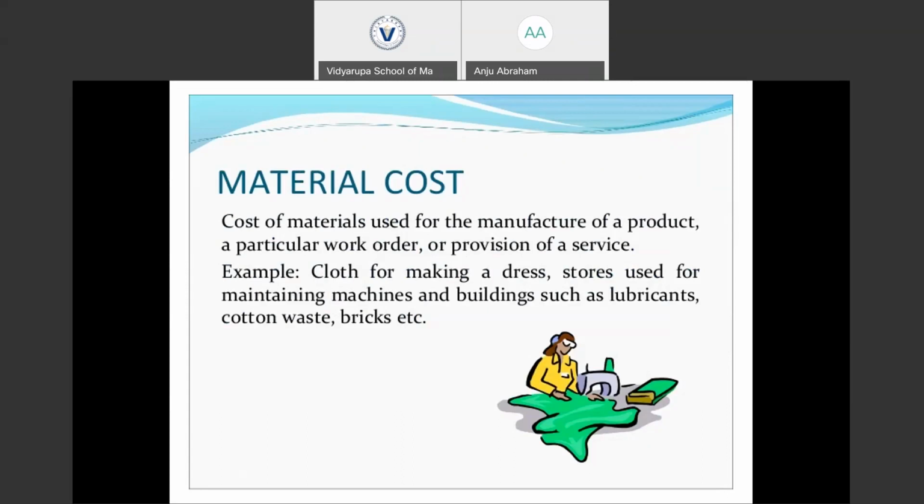All this comprises the material cost. In particular, the raw material cost, or the direct material cost, is what we incur in producing a product, in rendering a service, or in carrying out a work order that we received. So this is the material cost.